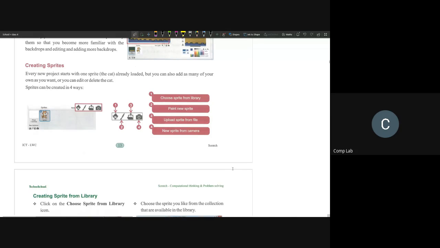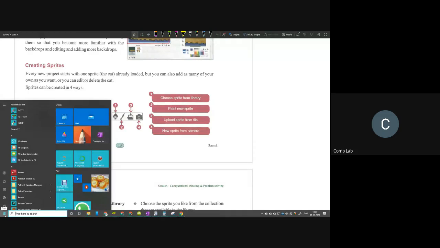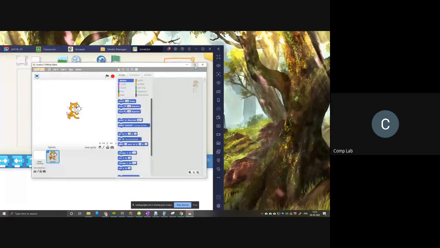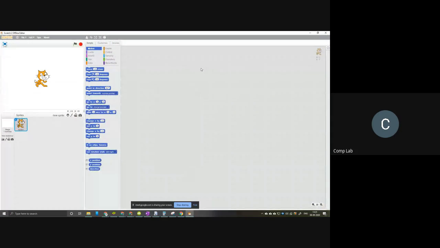Okay, so let me boot up Scratch. I think everyone remembers, if you want to open Scratch, you're going to click on the start bar. Once we do that, I'm going to type something like Scratch 2. Here you can see the editor is opening. Today's class is going to be all about adding sprites, coloring sprites, creating your own sprites, and making yourself a sprite. Let me show you how to add and manipulate sprites first. Then we'll see how to add and manipulate backdrops next.